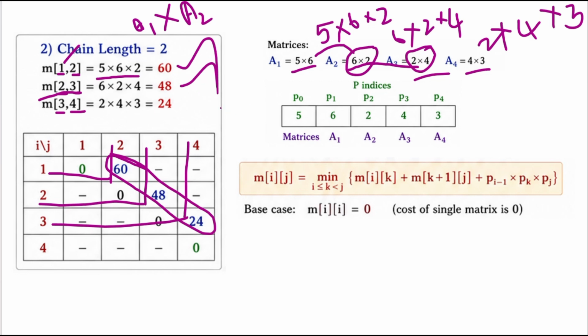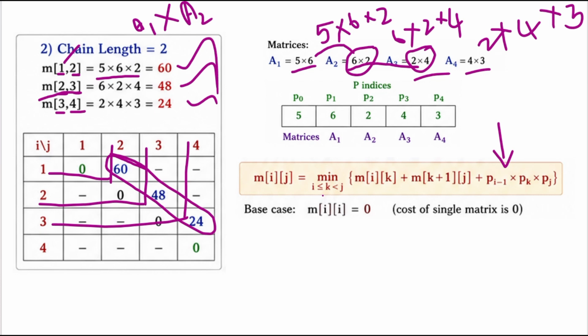Clear? So likewise we find the values and fill them in the table. Otherwise you can use this formula. This formula also gives the same result. Simply multiply the dimensions directly and calculate the scalar multiplications. Otherwise, use this table: minimum of